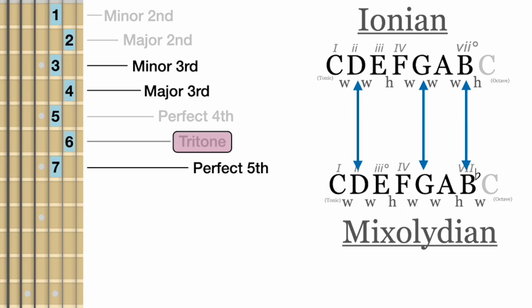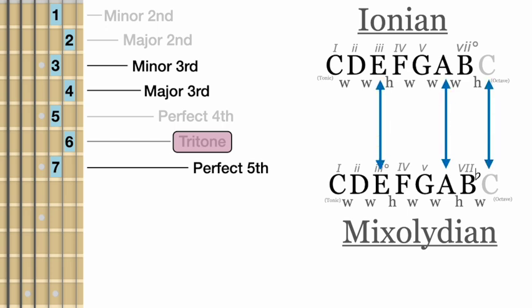The quality of the third for Ionian was a major third, and the quality for the third in Mixolydian, in this case, was a minor third. So therefore, the 5th degree of the scale in the Ionian mode is a major G major, and in Mixolydian, it's G minor, okay? So now, just to finish this off, we need to look at and evaluate